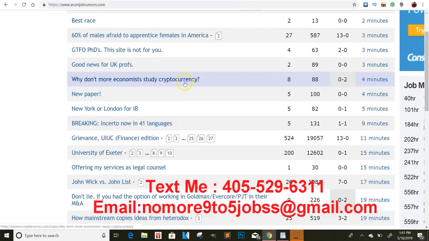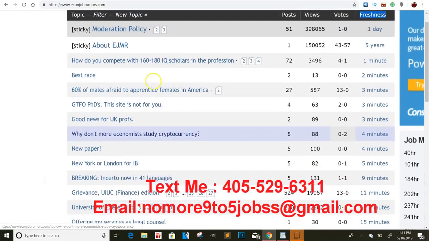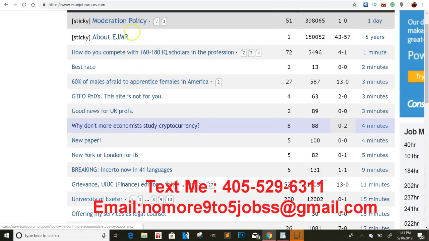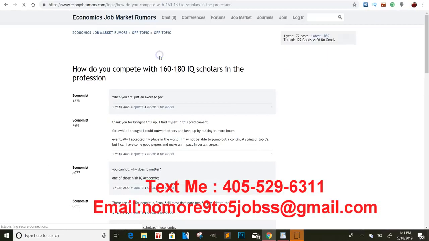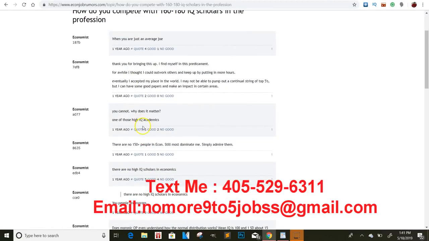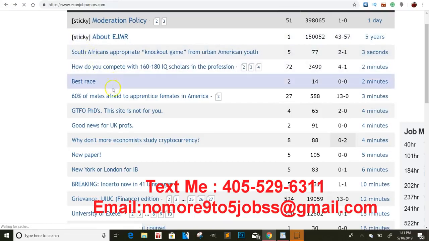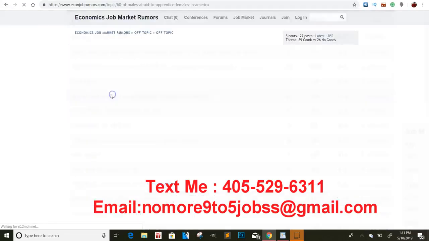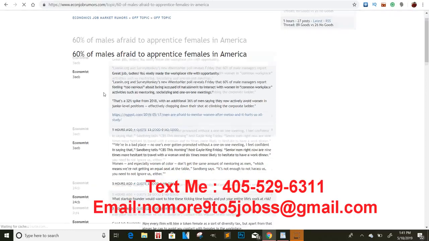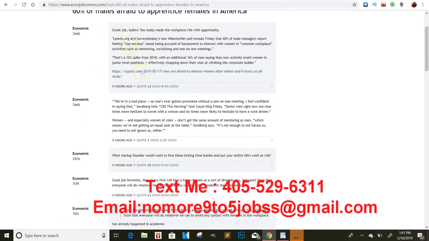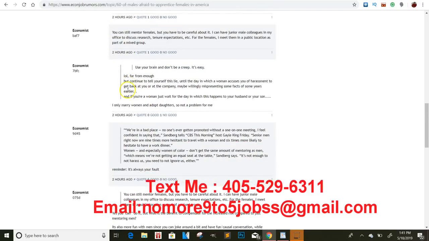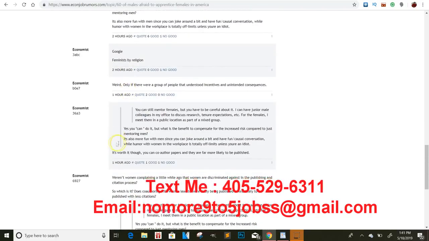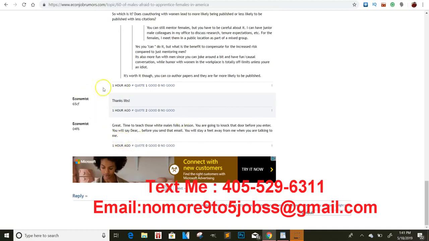Right? And let's see how many people post and votes. Let's see if we can find if anyone actually said anything here. Yeah, people are actually commenting. But this one looks like a year ago. So let me back out. And let me click on a different one. Okay, so this one was 5 hours ago. So that means people are in here still commenting. 2 hours ago. 2 hours ago. 1 hour ago. Yeah, so just 1 hour ago.